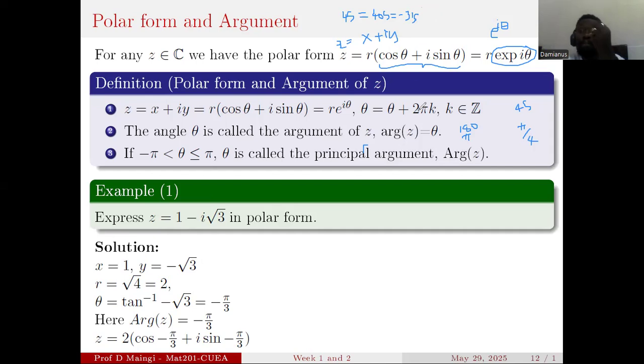So which one would be the principal argument for a complex number? The principal argument would be the one that lies between minus 180 and 180. You can see 45 degrees lies between minus 180 and 180. How about 405? 405 is way outside. It's way greater than 180. Minus 315 is also way outside. So really, the argument for whatever complex number gives you these three angles would be